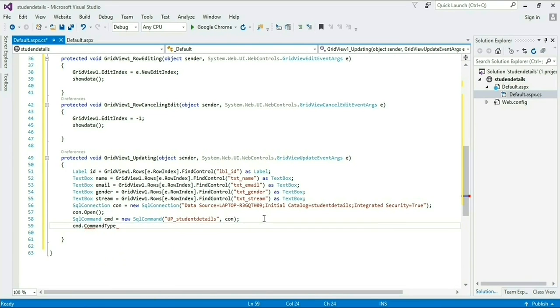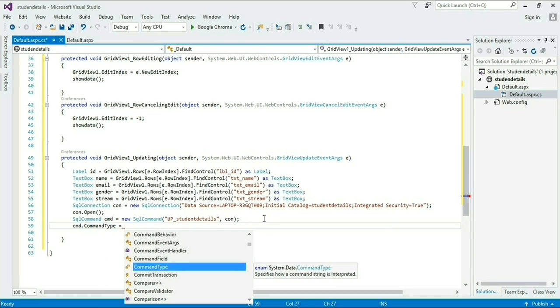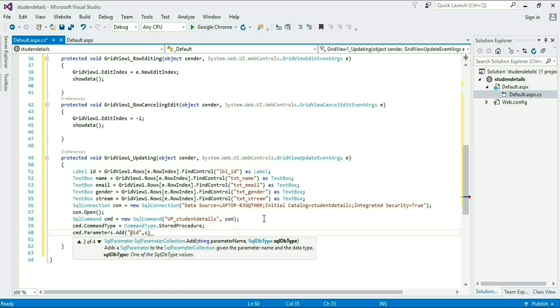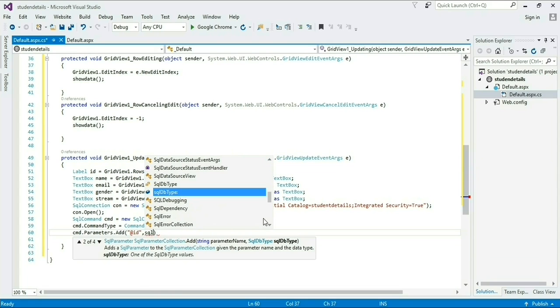Now I am taking a command type, which obviously is my stored procedure. That's why I am taking CommandType dot StoredProcedure. Now after this, taking the parameters, cmd dot Parameters dot Add, and @id is our parameter which we pass in our stored procedure.